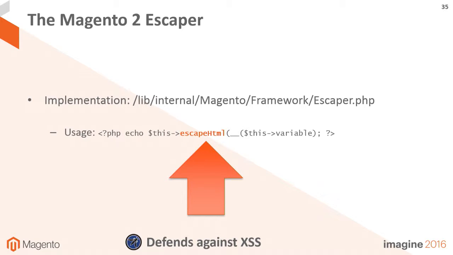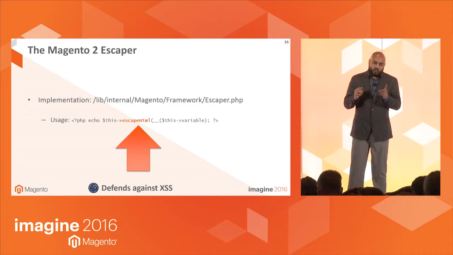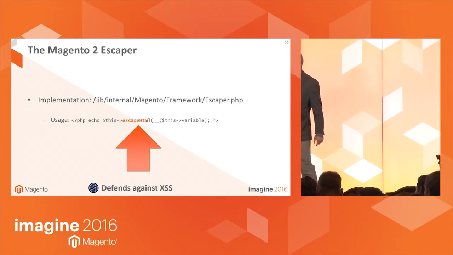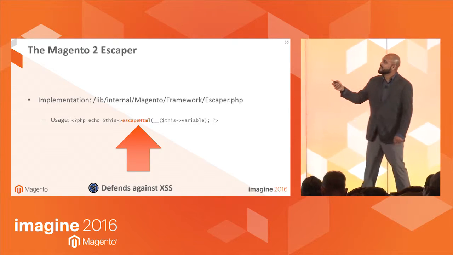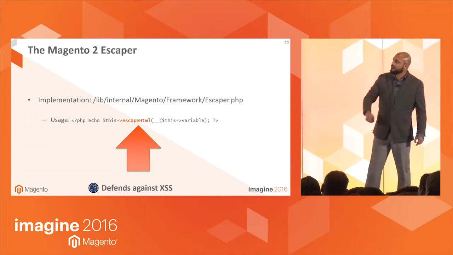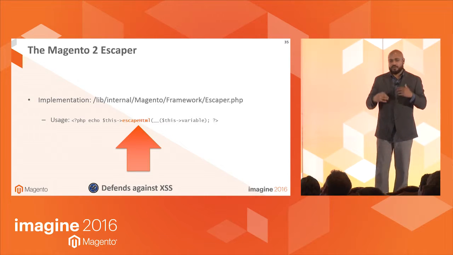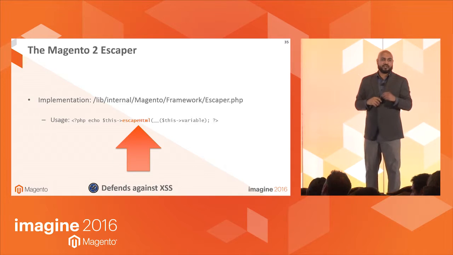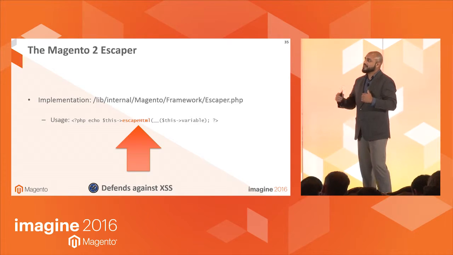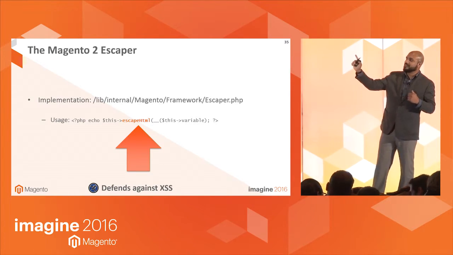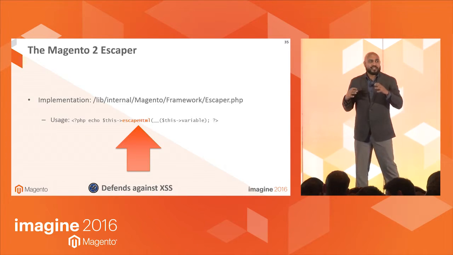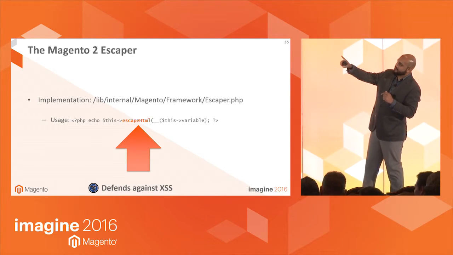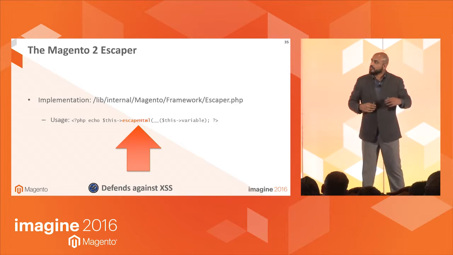Let's say something is in your database going back out, okay? What everyone uses, and everyone's really familiar with, is the double underscore for internationalization. You drop in the double underscore there; nobody writes templates nowadays without that double underscore to translate variables. But there's another interesting function called escape HTML. It's part of the escaper class that you could find at that path. When you escape the HTML, it strips out various types of XSS attacks.